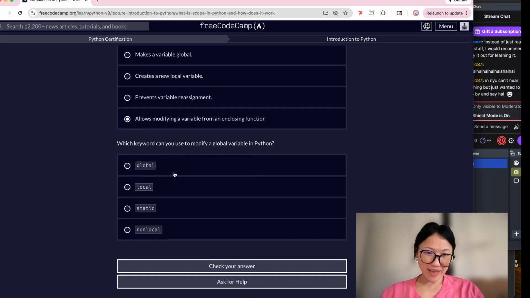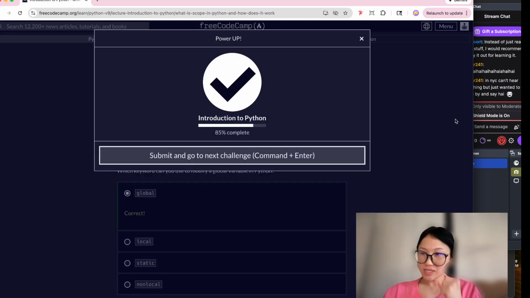It allows modifying. What keyword can you use to modify? Global. Yes. Okay. So it's my first day back getting into it, but I definitely want